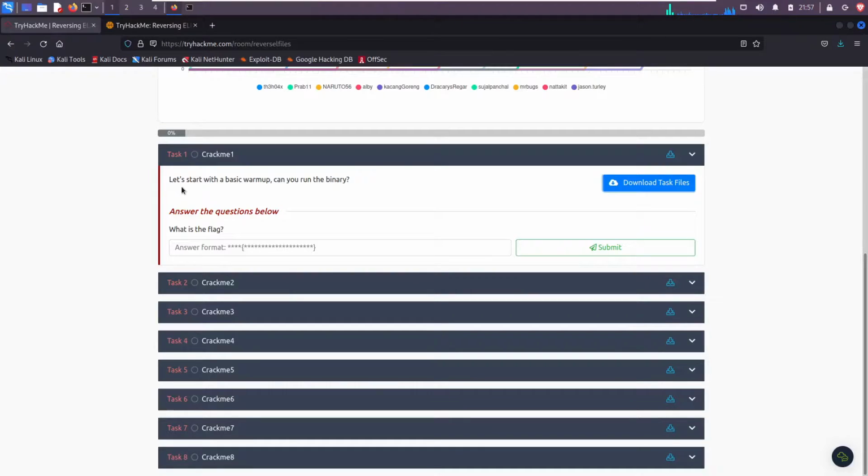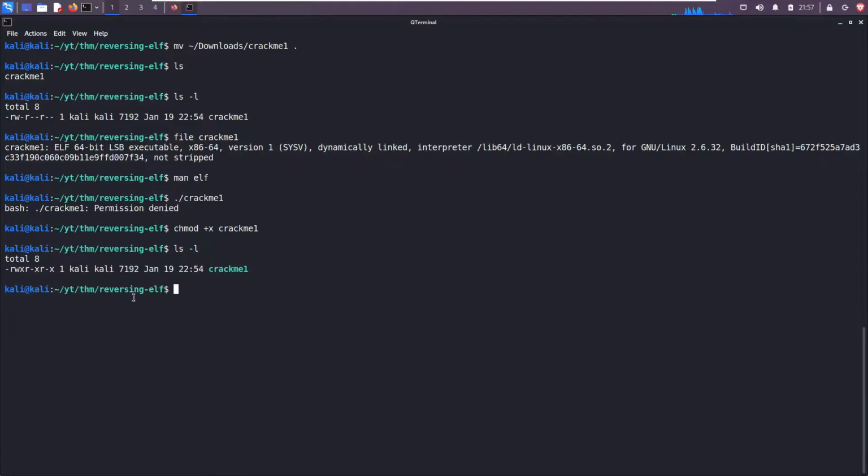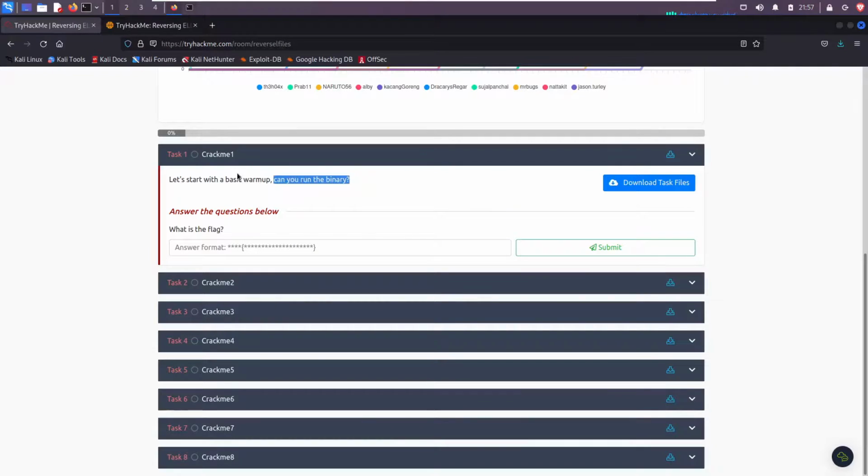Let's go back here. It says, can you run the binary? All right. So if I try to run this as it is, ./crackme1, we get permission denied, and that's because the executable bit is not set. Do chmod +x for executable, and then the name of the file. Now when I do an ls -l, we see that it is executable for everyone. Rerun it, and it prints out a flag, and it says not that kind of elf. Not the one from that Christmas movie that I think is overrated. Slam that in there, hit submit,